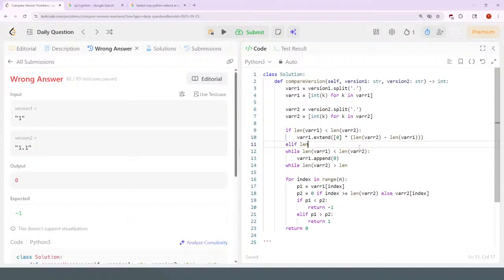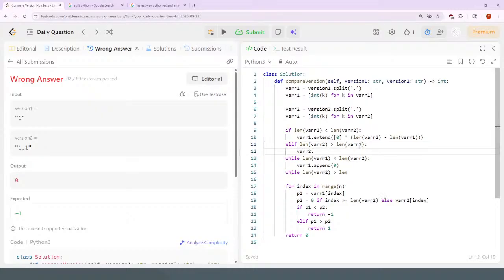Else, if the length of array 2 is greater than the length of array 1, the array 2